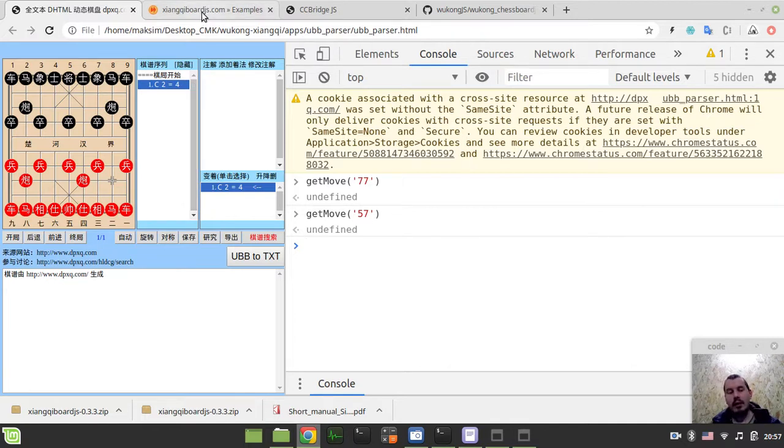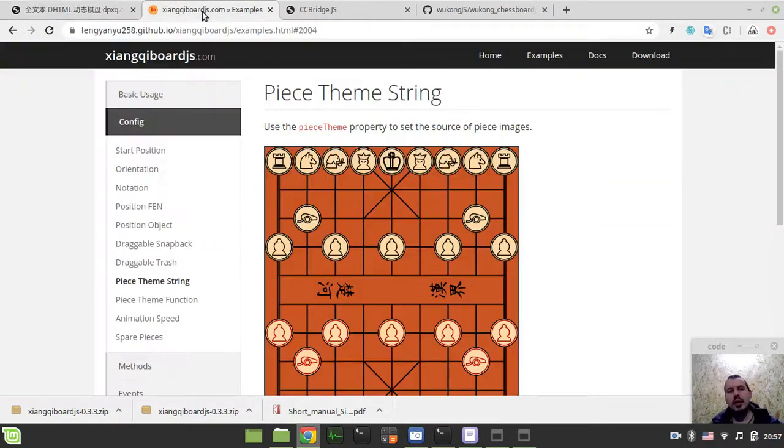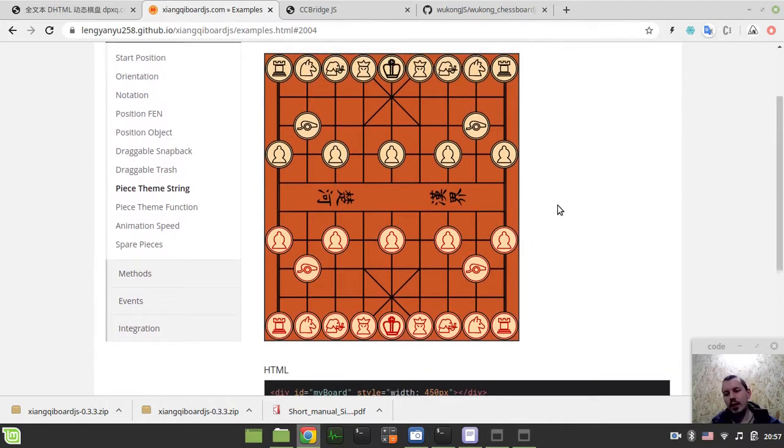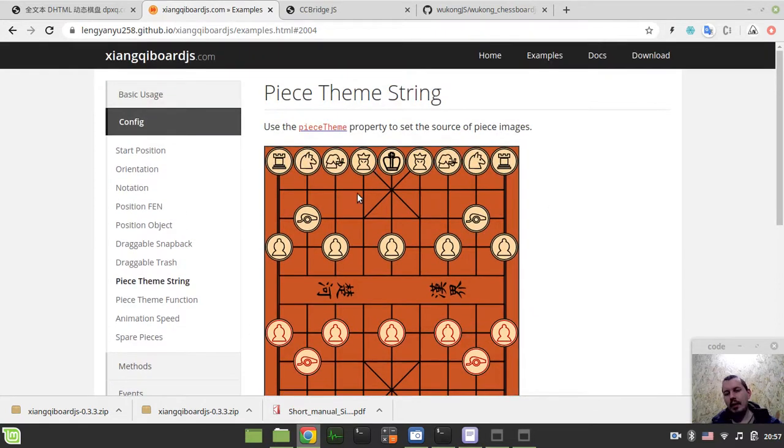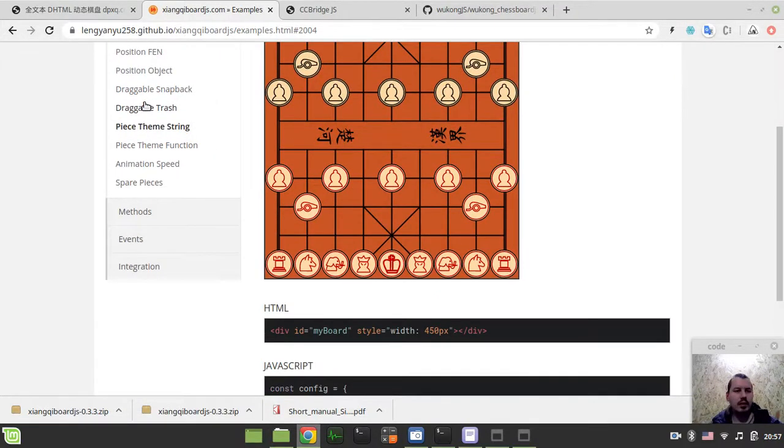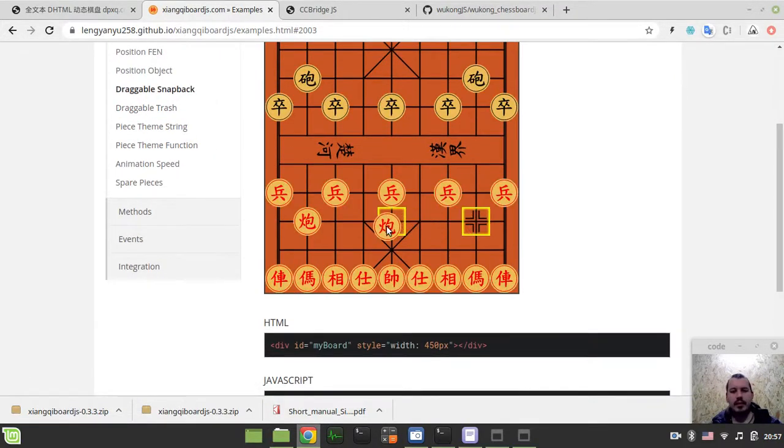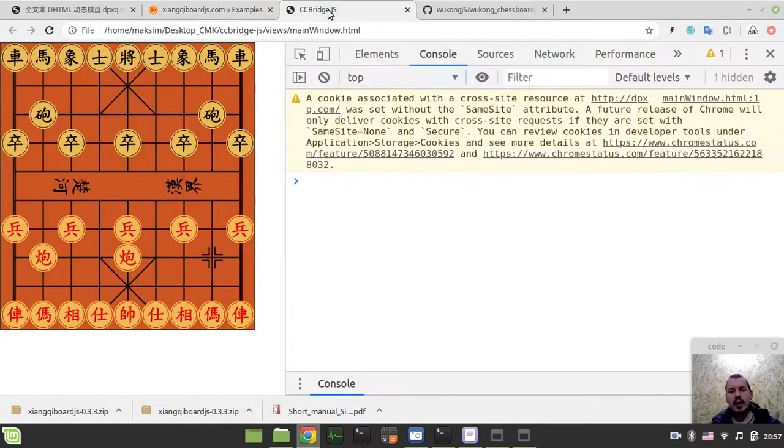I've already implemented the proof of concept interaction between the GUI and this sort of module. For the board itself, I'm using xiangqiboardjs, which is a derivative of chessboard.js, a very popular GUI, which allows a very smooth transition. And what I did, I actually